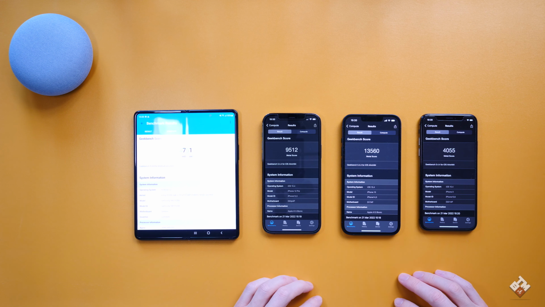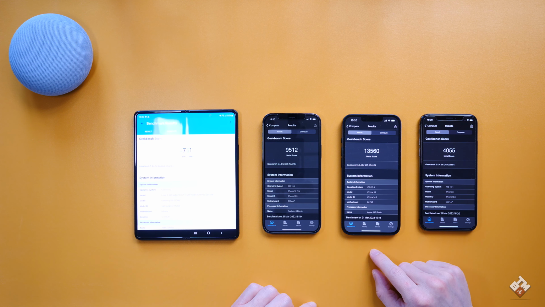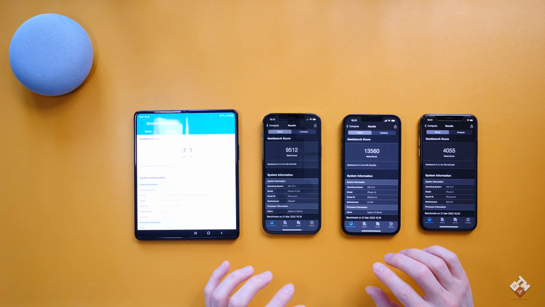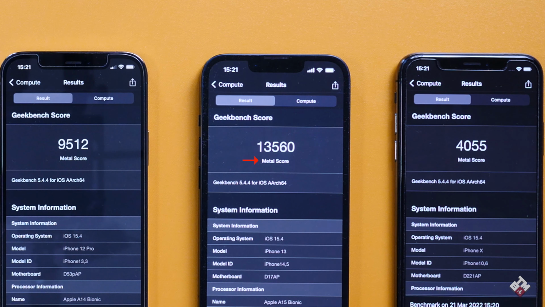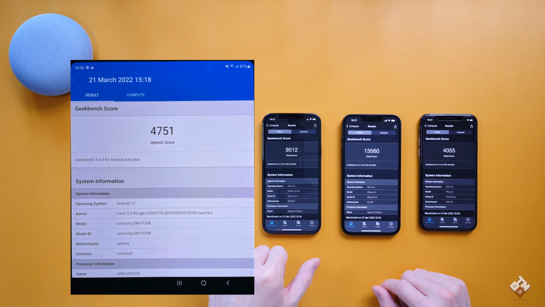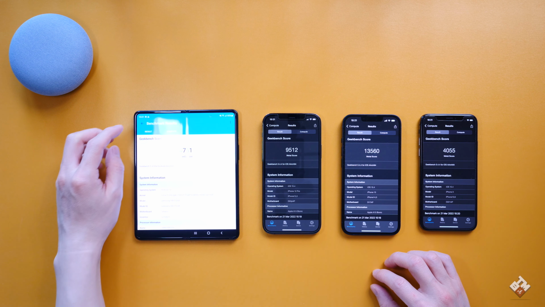All right, here are the results. Now this is unbelievably interesting. The 13 obviously is the highest score, 13,560. One thing to bear in mind is that iPhones use the Metal API, which is specifically designed for the Apple platform. The Samsung uses OpenCL, which is normally used on Windows-based graphics. So they are slightly different kinds of API, but